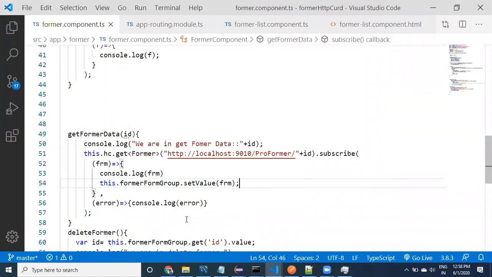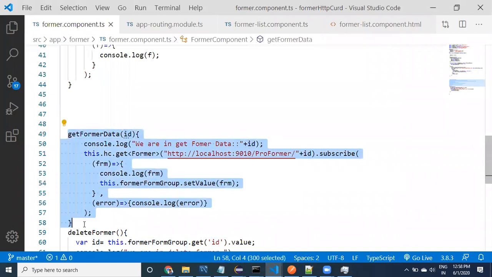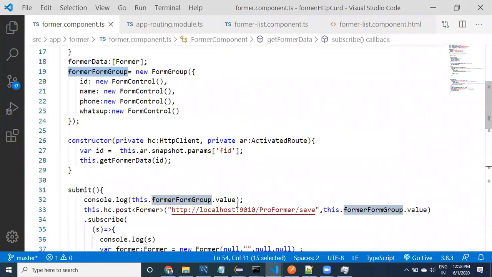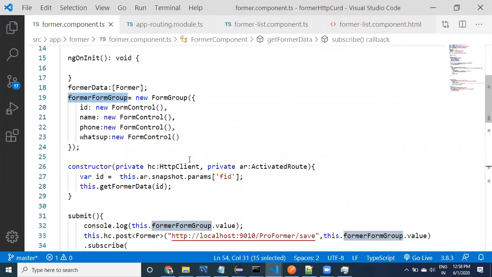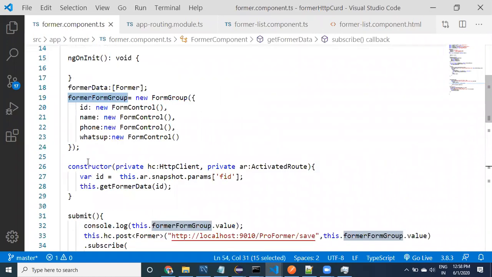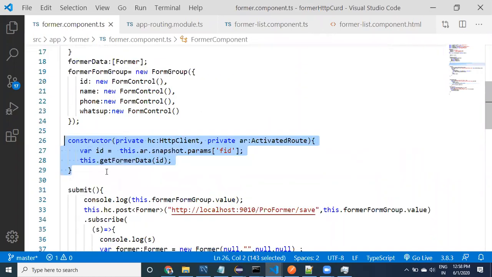Yeah, see here what we are doing, we are calling this method which is already provided. It takes the id, it is going to the backend, and it is retrieving the data, and we are setting this. Yeah, let's look at it, guys. So now from the constructor, whenever we are coming here, we are reading the data.